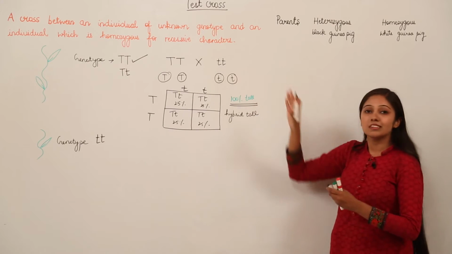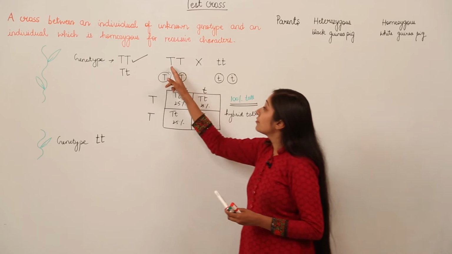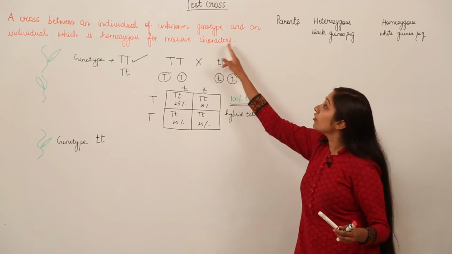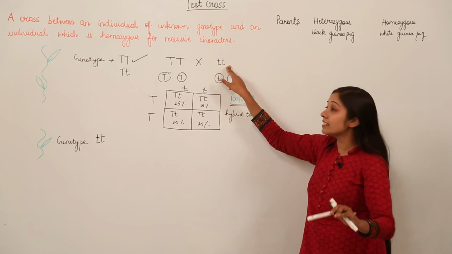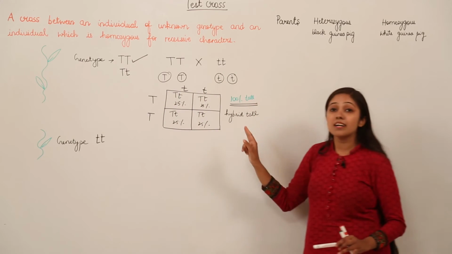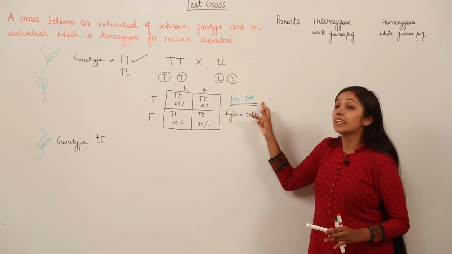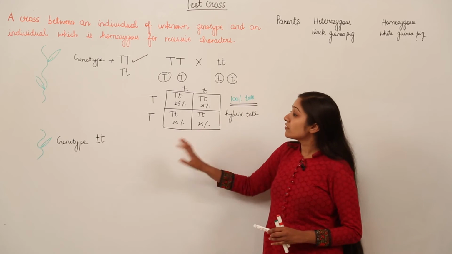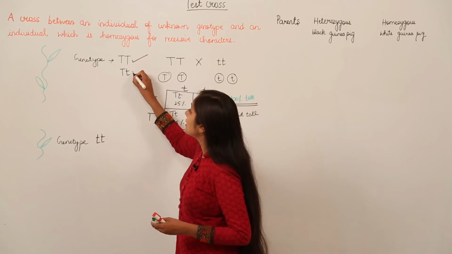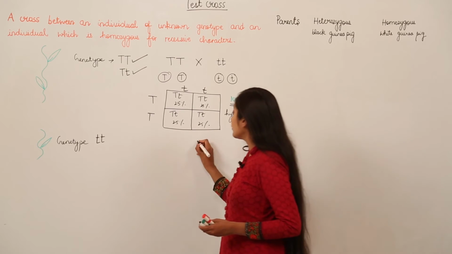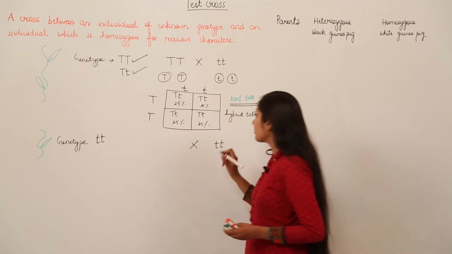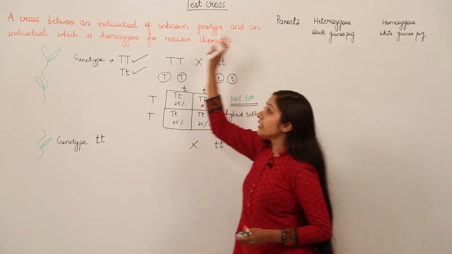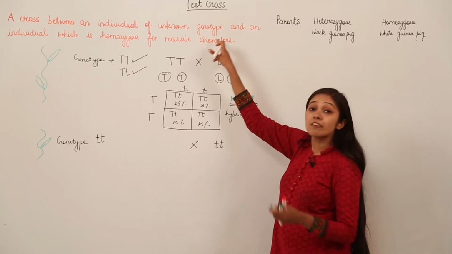Okay, so the test cross results when we have the homozygous condition of the dominant allele, and when we cross it with pure recessive, homozygous recessive alleles, we are going to have all the plants with the phenotype that is tall. The dwarfness, the recessive character, will not be expressed. Okay, next we move on to a cross in the case of this genotype. Okay, so as you know, we are going to take the recessive alleles as this only, because a test cross is, remember, a cross between an individual of unknown genotype and an individual which is homozygous for recessive characters.